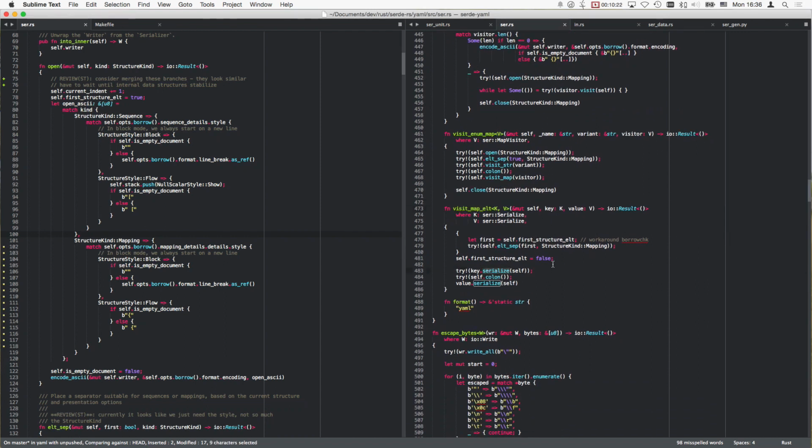And then, so here comes the colon, key serialized self. Okay, so key is serializable. And key serialized self, what's being called there? I think the key really is the kind of value that we get here. Oh. And there are various things that we have to think about. So if it's a scalar key,